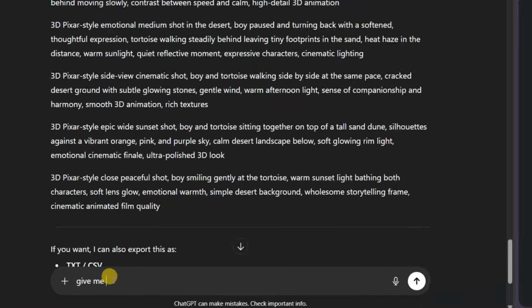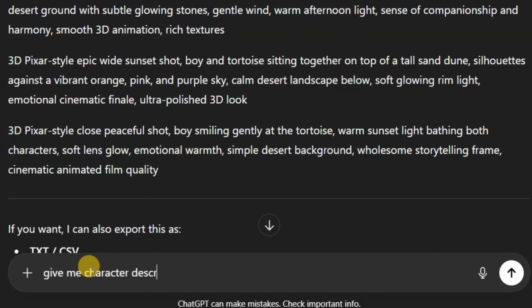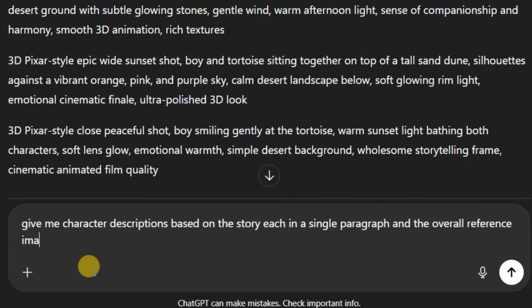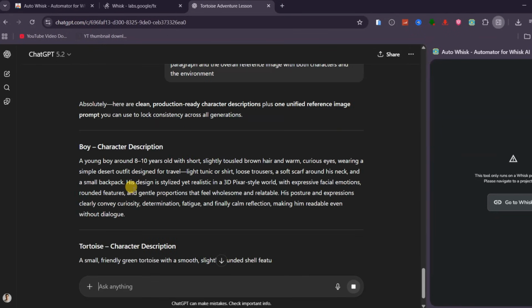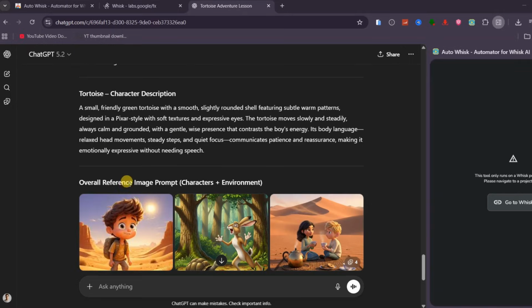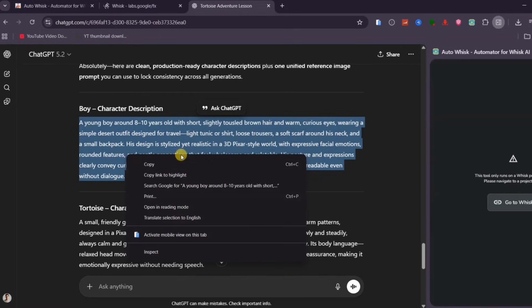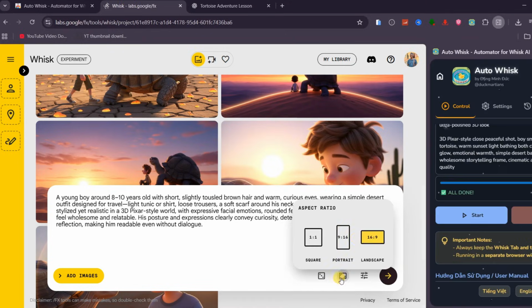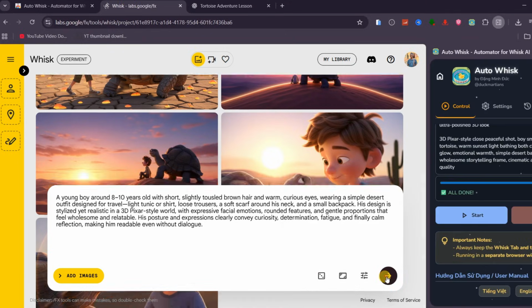Go back to ChatGPT and ask it to create detailed image prompts for each character in your story. Also, ask it to generate one image that represents the overall visual style of your story. This could be painterly, cinematic, soft, or dramatic, depending on your niche, but I am using 3D Pixar style for my creation. Copy the prompt for the first character, paste it inside Whisk, confirm your aspect ratio, and generate each